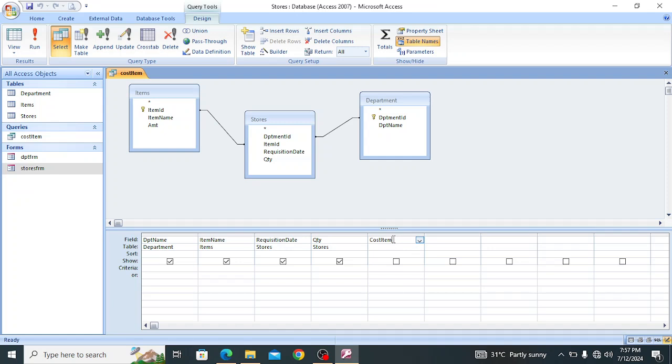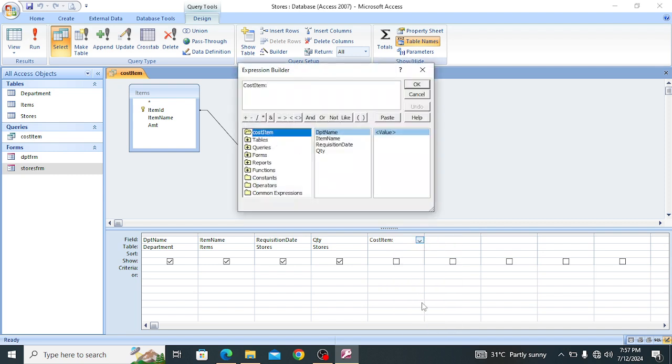QTY by AMT. Sasa tukiwa hapa sasa wakati tumeandika hiyo field name ya cost item, tunaweka full column. Shift plus tunaweka full column. Sasa while using combination keys on your keyboard. Sasa then tukiwa hapa, we right click, tuna click build. Sasa after clicking build, tunakuja hapa kwa tables. Click hapa tables. After clicking tables, quantity iko hapa. So quantity iko kwa stores table. Tunaenda kwa stores table, then you double click quantity here, then times,